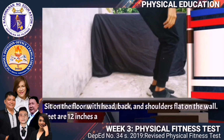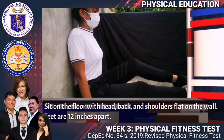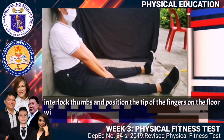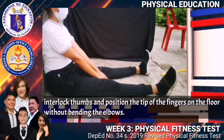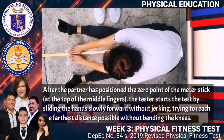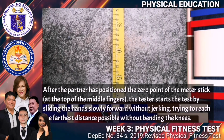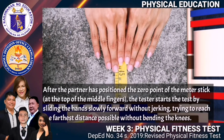For the tester, sit on the floor with head, back, and shoulders flat on the wall. And make sure your feet are 12 inches apart. Now, interlock thumbs and position the tip of the fingers on the floor without bending the elbows. And after the partner has positioned the 0 point of the meter stick at the top of the middle fingers, the tester starts the test by sliding the hands slowly forward without jerking, trying to reach the farthest distance possible